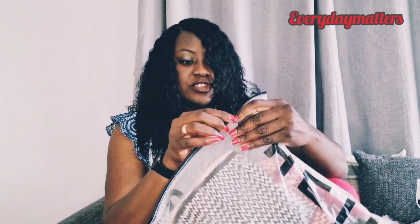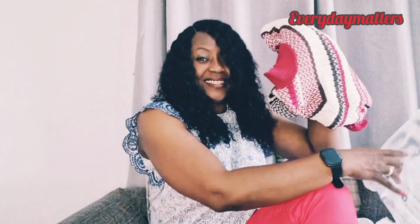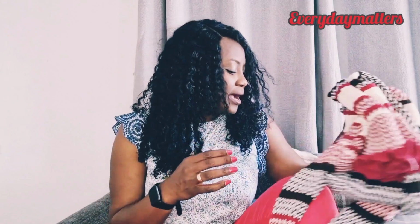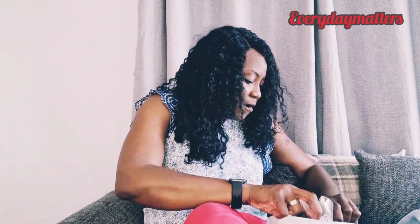Okay, so the next thing I've got is a dress, again for the winter season. So you can see I'm getting myself prepared. This is just the jumper dress again for the winter season. Okay, so that's that one there. Okay, we've also got